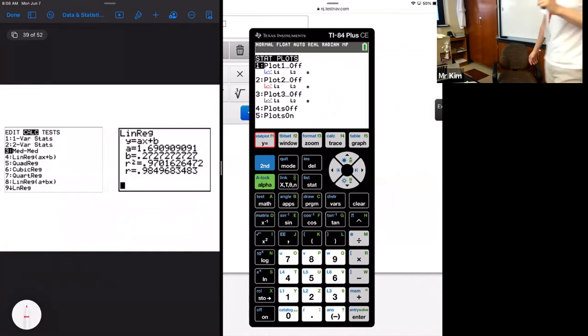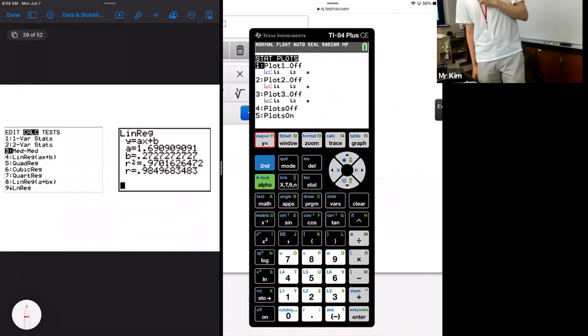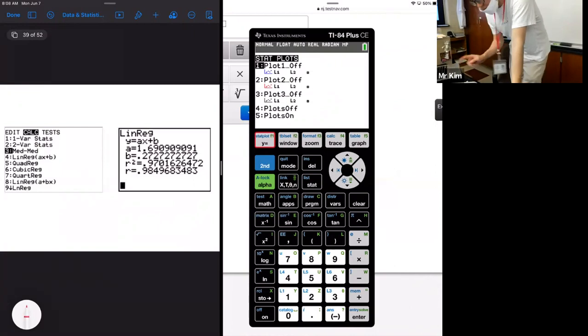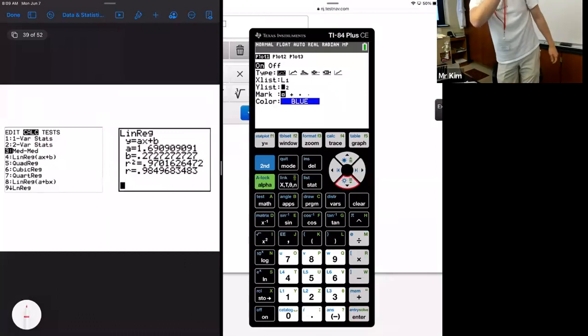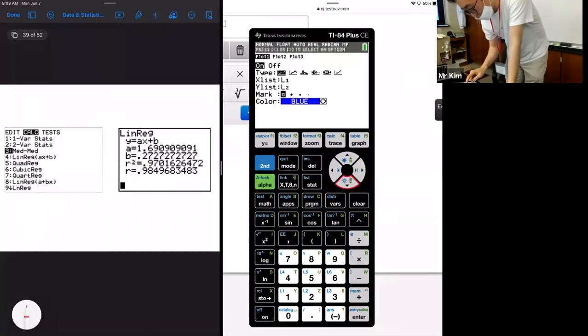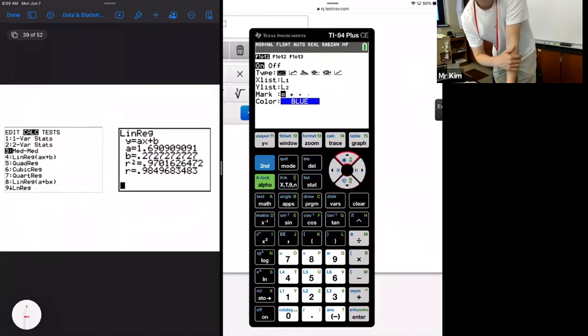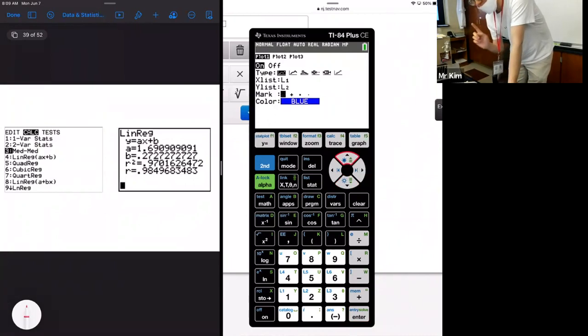Okay, so you press second, then you press y is equal to. Where's y equal to? Y is equal to is the top left corner button. And then you have these stat plots. You want to go to number 1, and then you're going to turn that on, please. The X list will be list 1, and the Y list will be list 2. Just leave it as it is. Color blue, mark is this little square button. All of these should be fine. They're all default settings. And then now if you guys press graph, which is what we're going to do now,